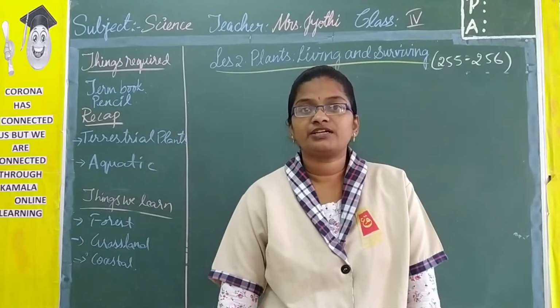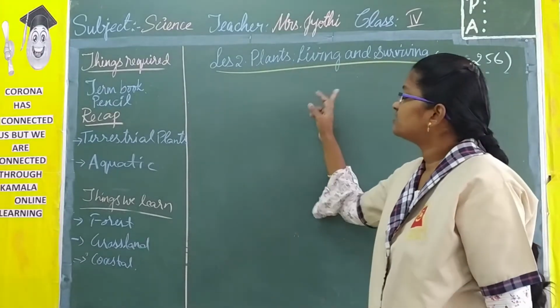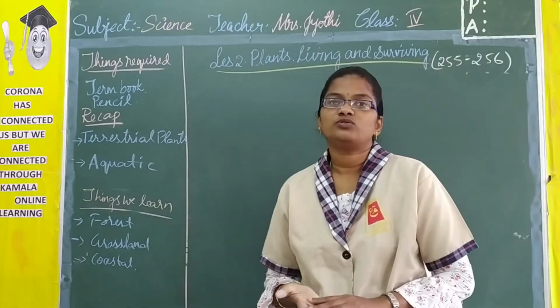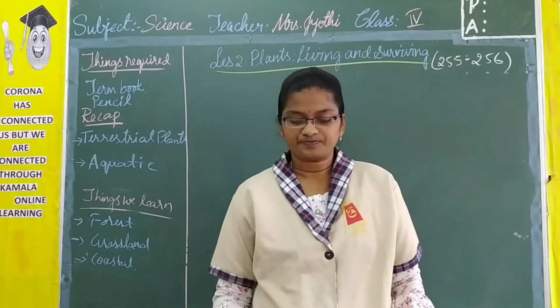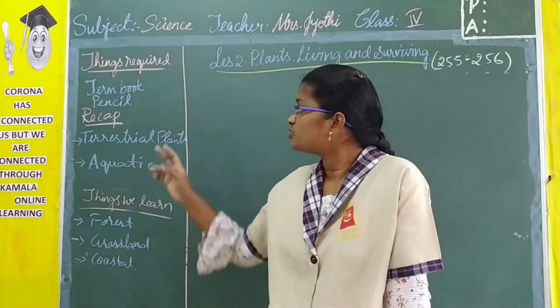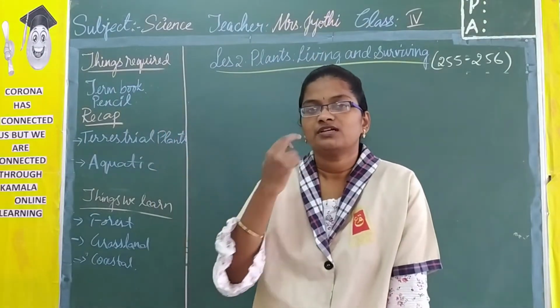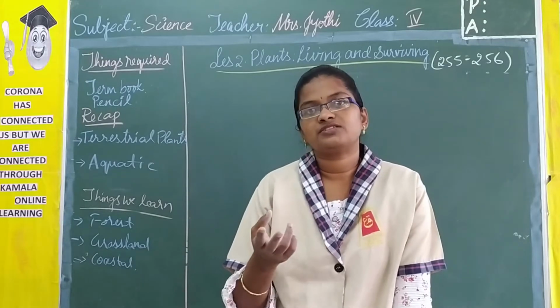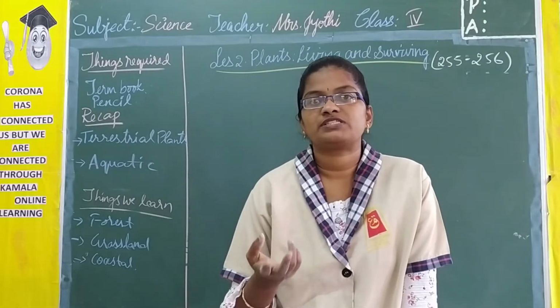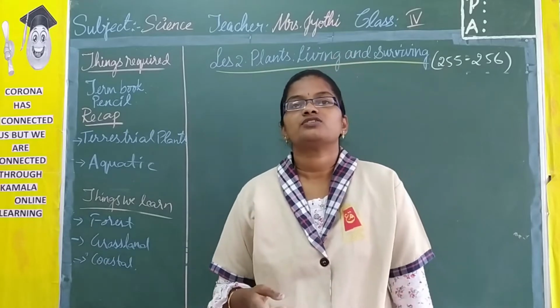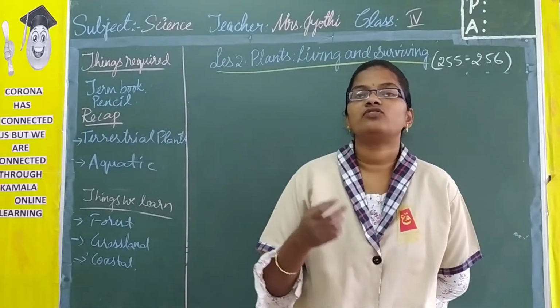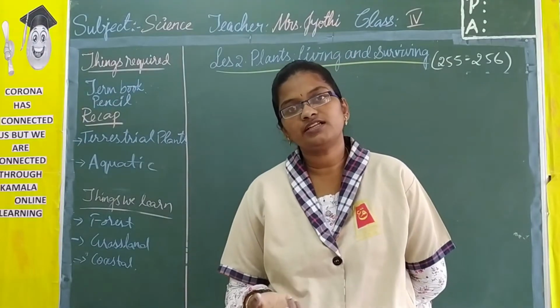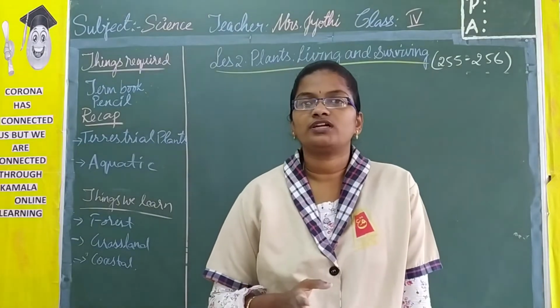Now here we are in lesson number 2, that is Plants: Living and Surviving. So, the recap of this lesson. You should be ready with your term book and pencil. Plants, based on their habitat, are of two types: terrestrial and aquatic. The plants which live on land are called terrestrial and the plants which live in water are called